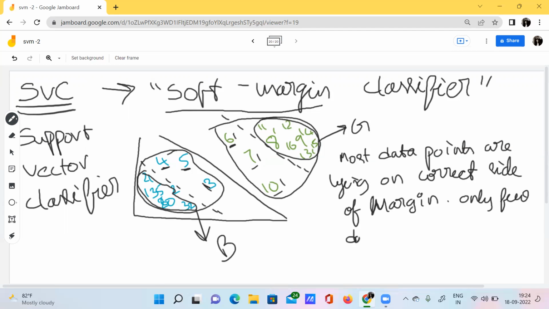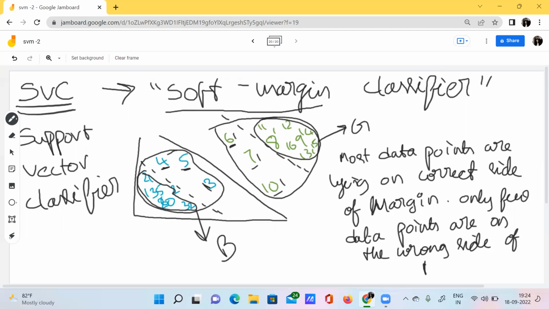Only a few data points are on the wrong side of the margin. Okay, so this would be the conclusion for this particular example.